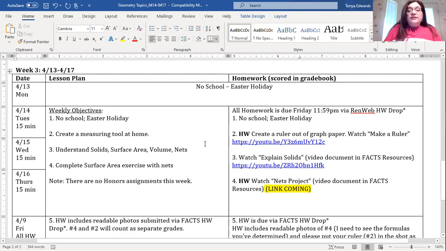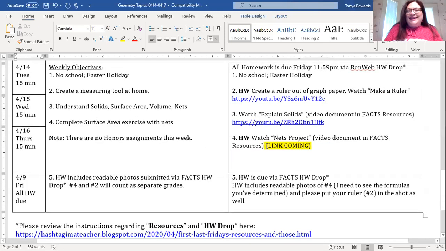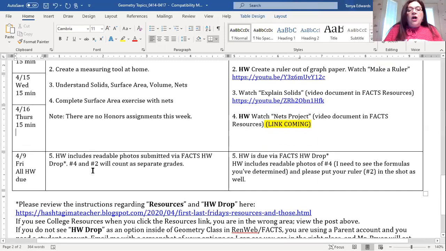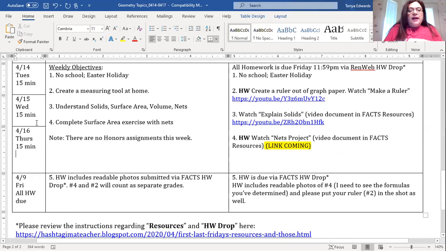And then this video, we'll see how long it is. I'll get the link in there, and I'll tell you how long it would take, in addition to doing the gluing and calculating all of the areas. Okay, and then Friday, all your homework is due. There's no additional assignment on Friday. So we're looking at, I'm gonna guess, just about an hour or maybe an hour and 15 minutes of work